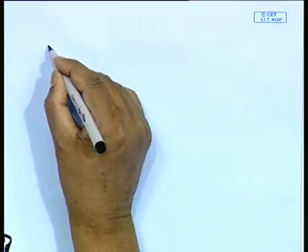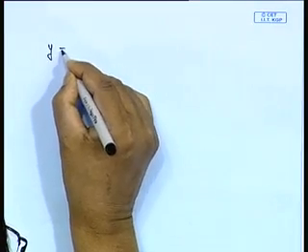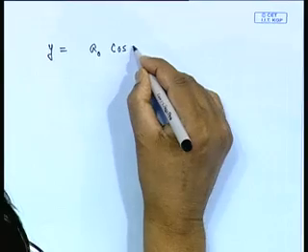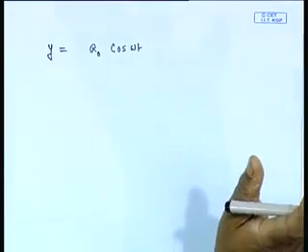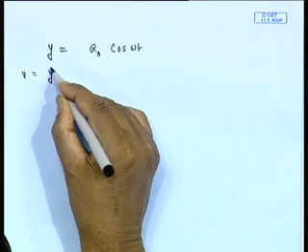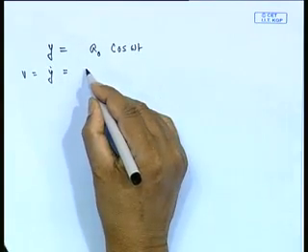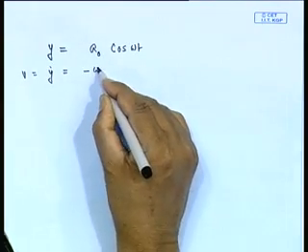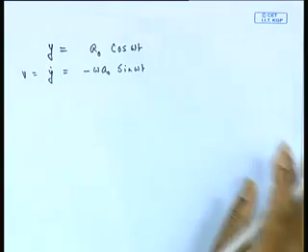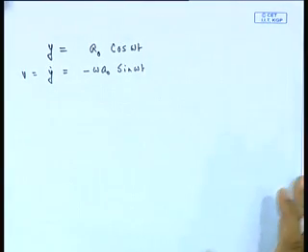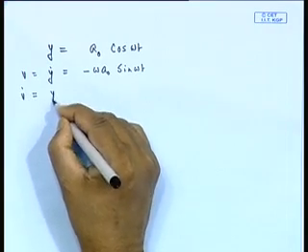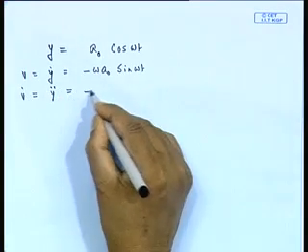Okay. Now I had y given by a0 cos omega t. Okay. So v, which is given by y dot, will be given by minus omega a0 sin omega t. Okay. V dot will be given by